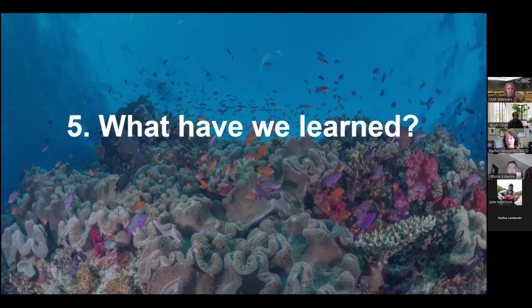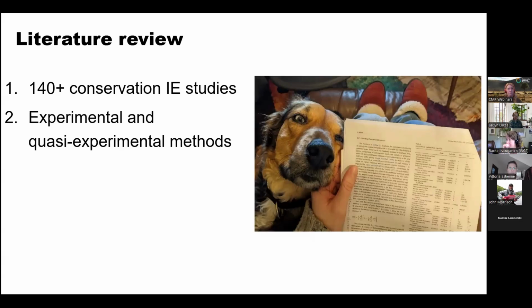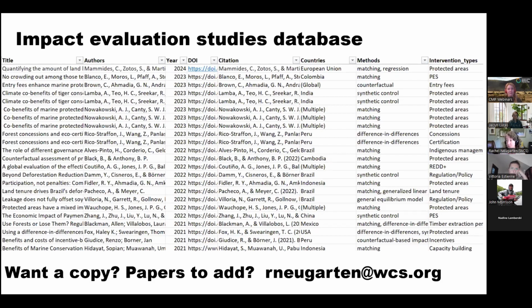I do have another whole talk about summarizing the literature of conservation impact evaluation. I don't have time to get through that today, but I'll just mention that I was doing my PhD during COVID, couldn't do field work, so I had a lot of time to read papers. I reviewed a whole bunch of conservation impact evaluation studies. I was looking for studies that were either experimental, and very few studies were randomized controlled trials, and I read mostly, the vast majority of the papers I read used one of these quasi-experimental methods. I summarized them and put them in a database, and I'm happy to share this with anyone. Email me afterwards. This is not a comprehensive list. It's not systematic, but there are about 140 papers and counting in here.